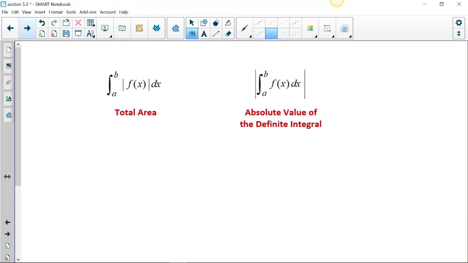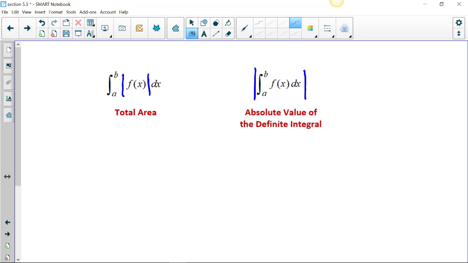Okay, so now this is kind of an interesting situation. Here we're saying, okay, the definite integral of the absolute value of the function. That means we're taking all the y values, taking the absolute value, which will make them positive. That will give us the total area. Now, look at this is a different situation. The absolute value bars are